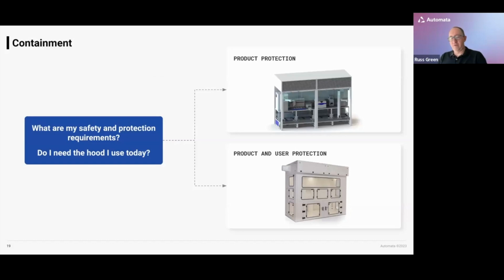So, containment. I've spoken a reasonable amount about this already, but I want to come back to it. What implication does it actually have once I've thought about what my needs are for containment? What does that actually mean to us from an automation design perspective? I just wanted to show two examples here. If we do need just product protection, we can continue to design quite open and user-friendly systems that also help to drive adoption, because now I've got an open system with lots of these devices accessible and walk-up, because all I need to do is blow HEPA-filtered clean air over that system at a particular rate. If I need product and user protection, this is very doable.